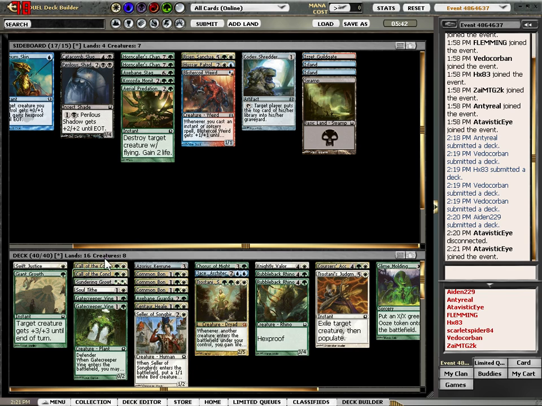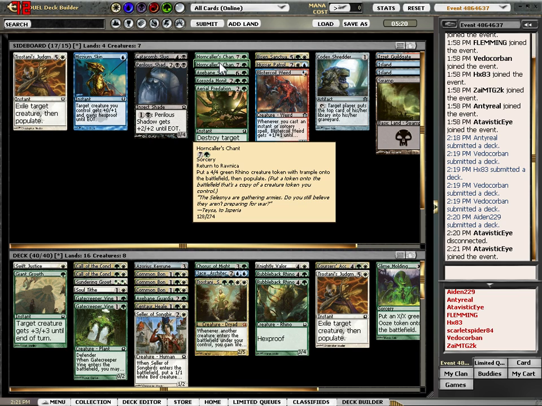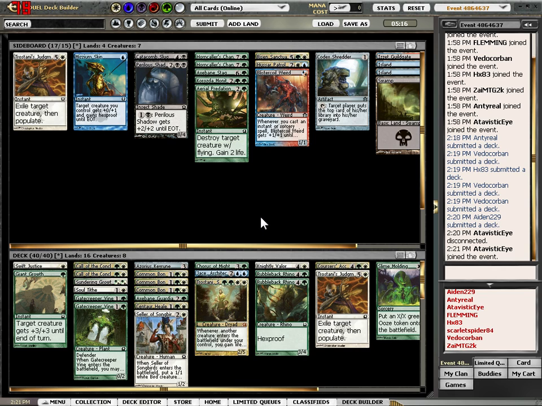And again, three of my creatures are defenders. Ten, eleven, twelve cards that create, thirteen cards that create creatures. That's a little low still. I could put in one Horncaller for a super late game and take out a...